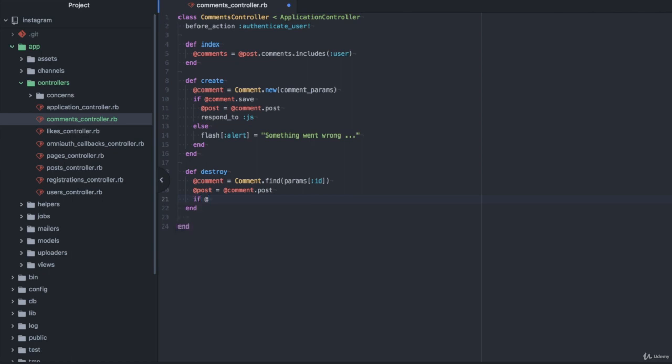So if the comment is destroyed successfully, we respond to JS, else flash alert, something went wrong,